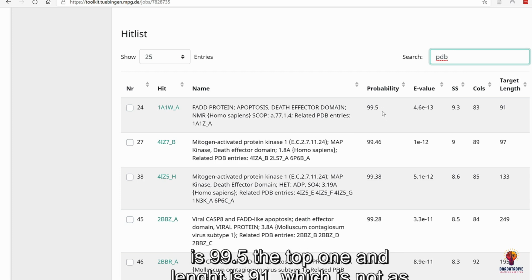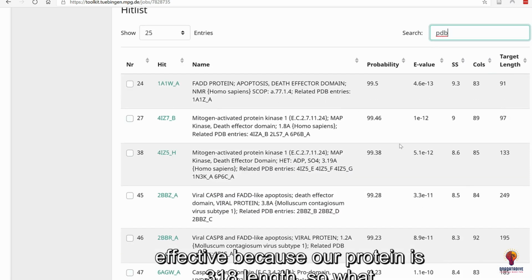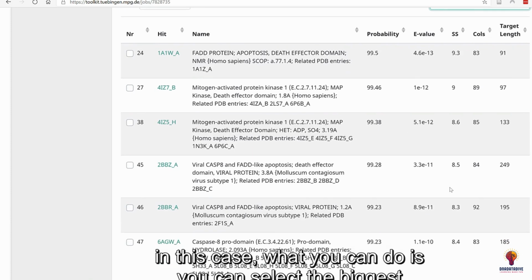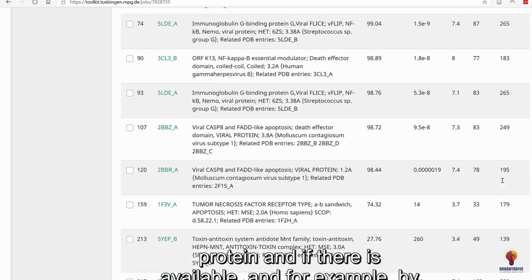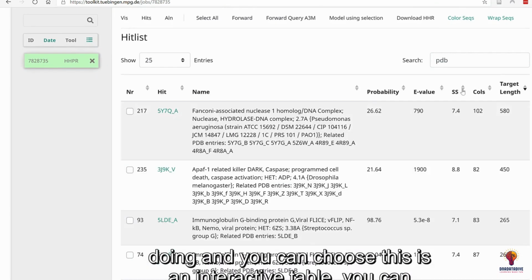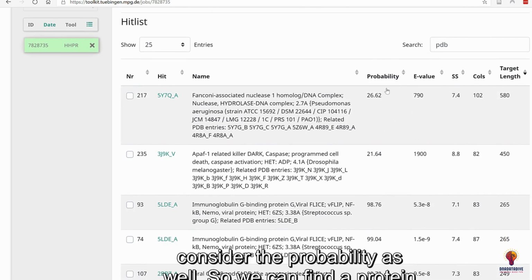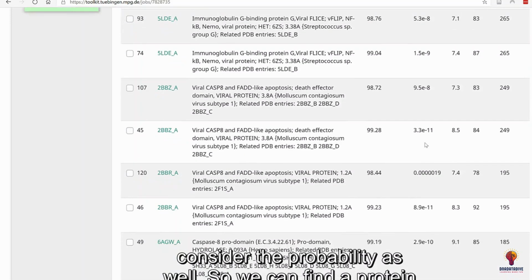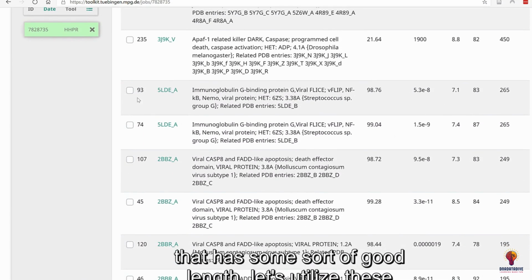So the probability is 99.5 for the top one, and the length is 91, which is not as effective because our protein is of 318 length. So in this case, you can select the biggest protein available, and since this is an interactive table, you can filter out the best protein. That is okay, but you have to consider the probability as well. So we can find a protein that has some sort of good length. Let's utilize these